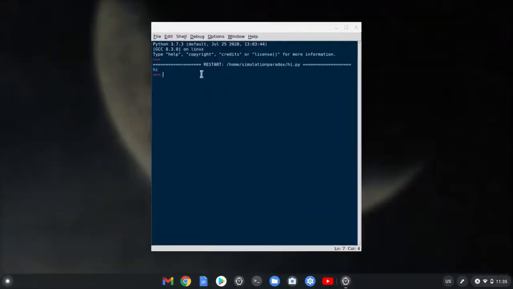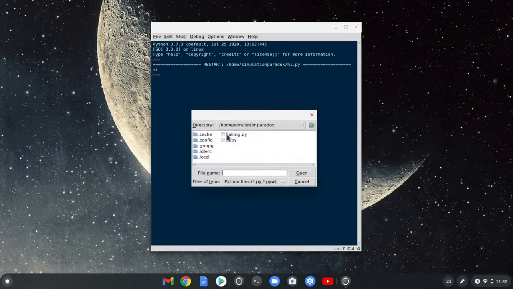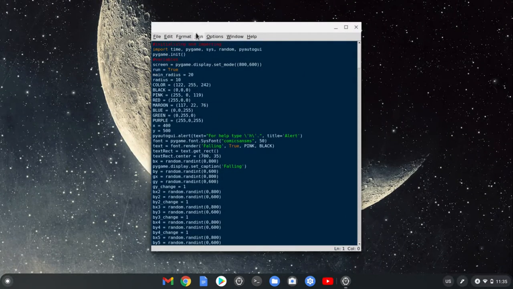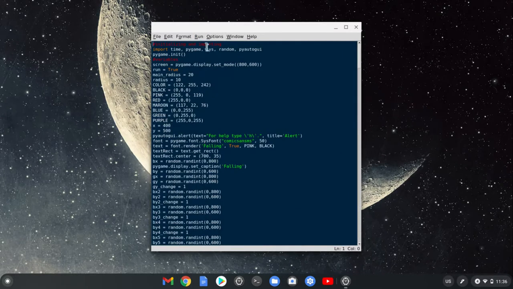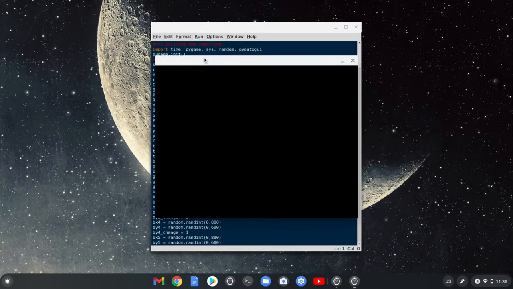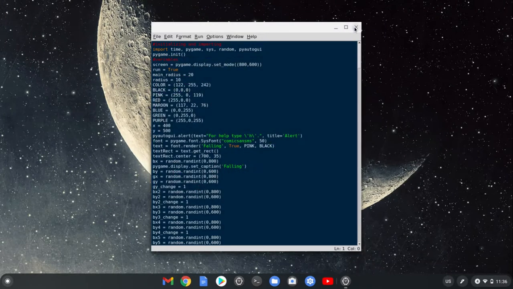And then you can also open previously made things by doing this. Like this was something I made a while ago. And as you can see, it loads up all your code. And then you just run it like that. And it'll open up this. So, anyway,